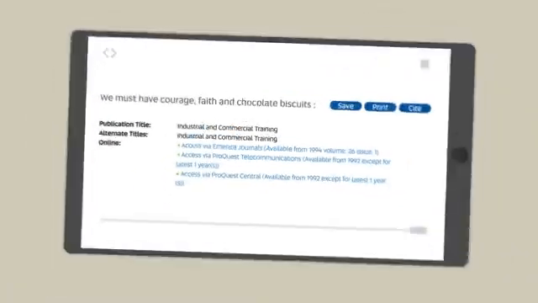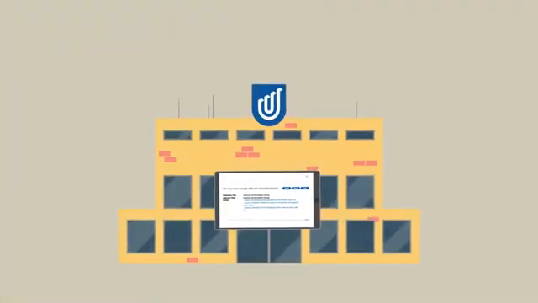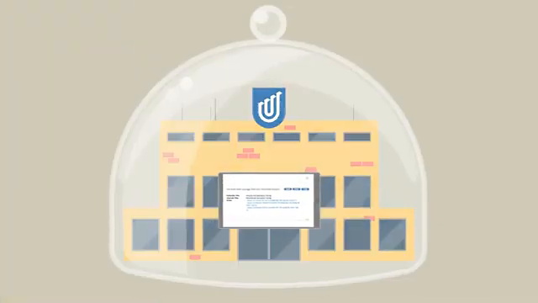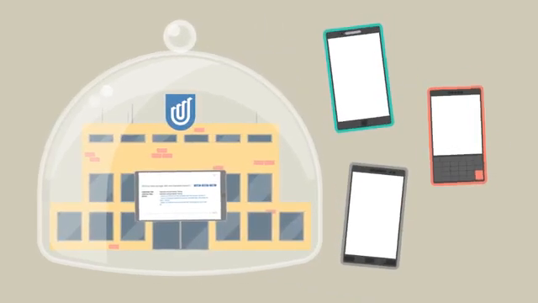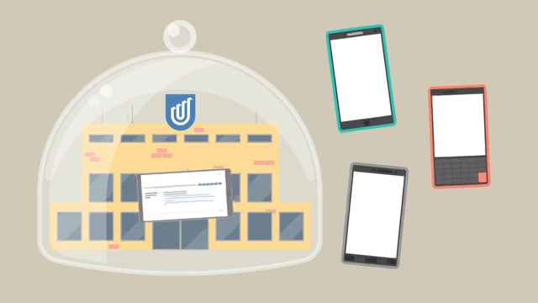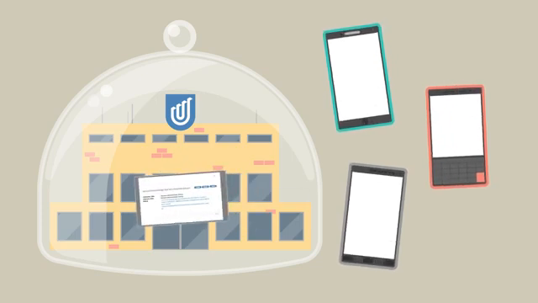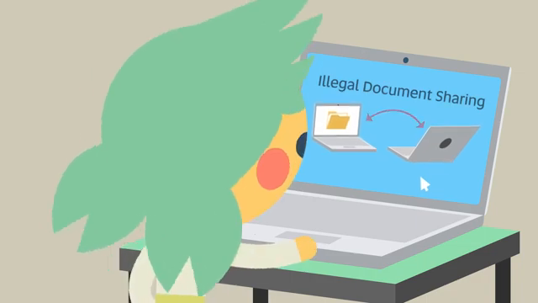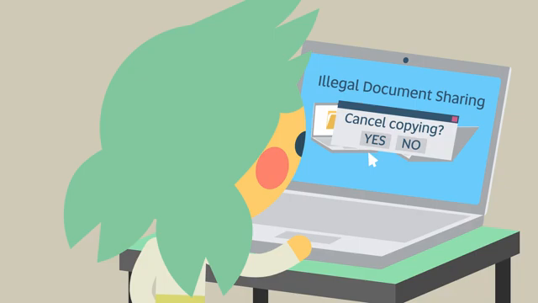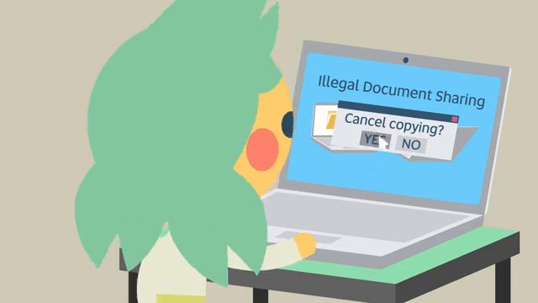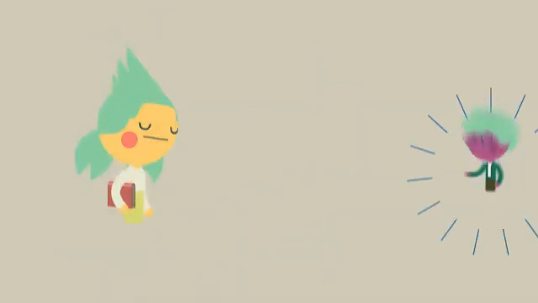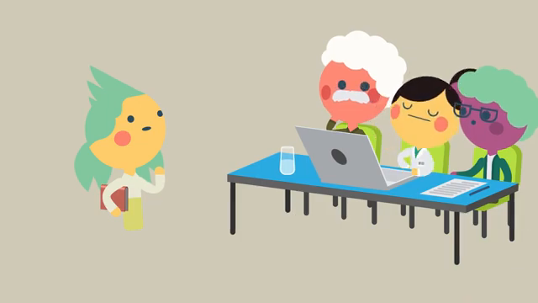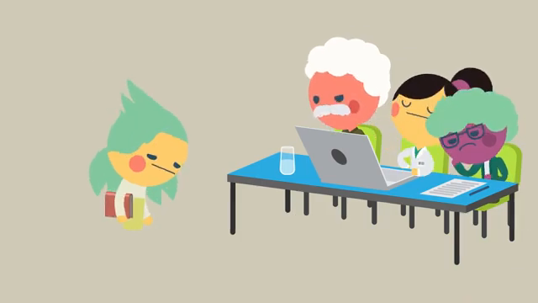For example, the university has agreements with publishers which allow students to use content from electronic books and journals for research and study. These agreements do not allow you to share these licensed materials openly outside of the university. Sharing content such as lecture notes, readings, past exam papers, and journal articles on unauthorized document sharing sites or without permission is in breach of copyright and against the Student Code of Conduct. You can be held accountable for this.